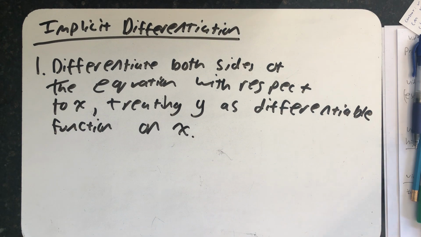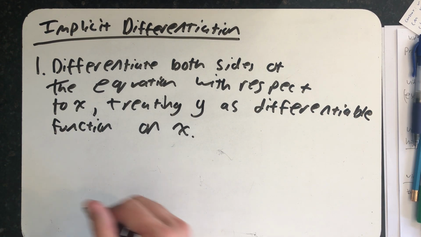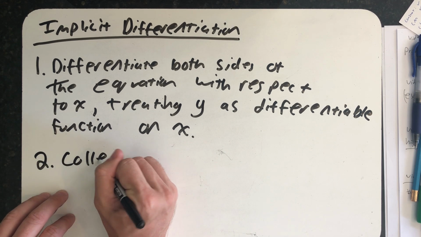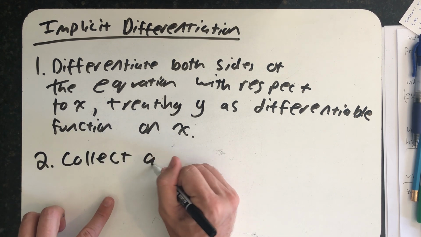So every time I see a y, I'll have to remember the chain rule and say times dy dx. Two, we'll collect all of the terms with a dy dx in them